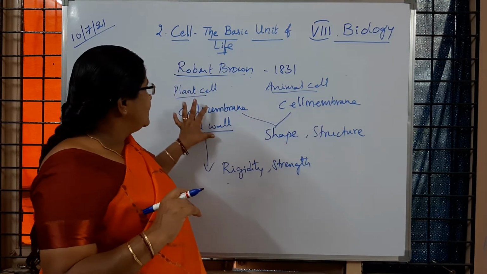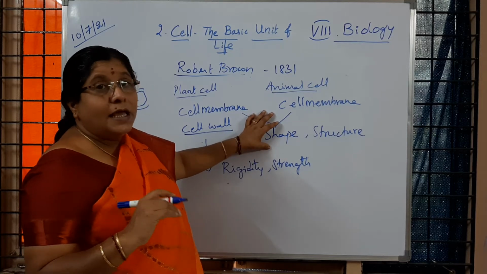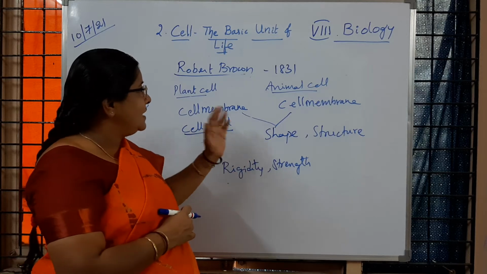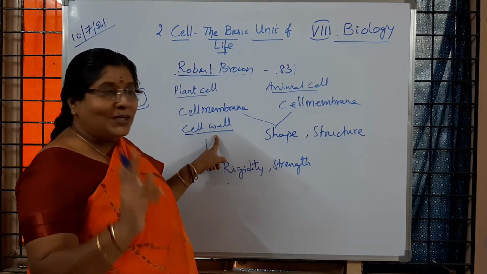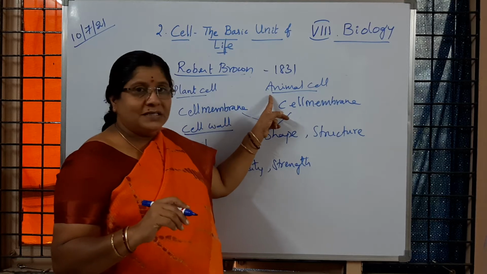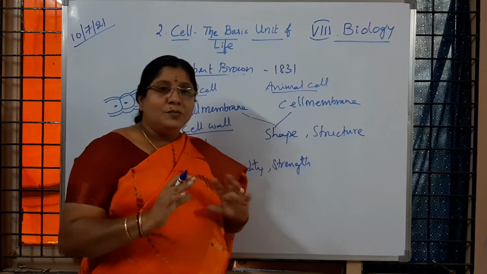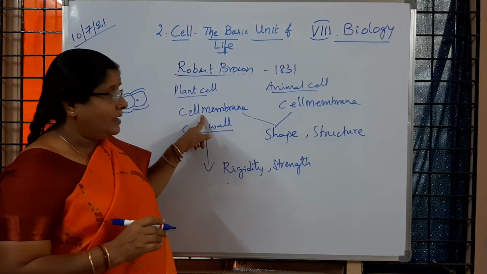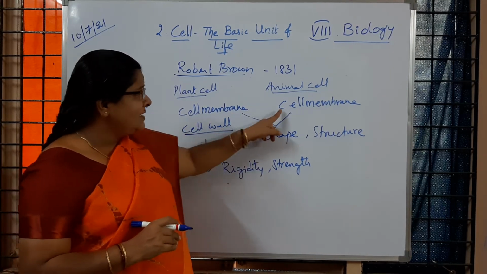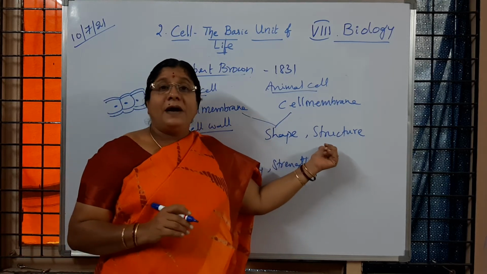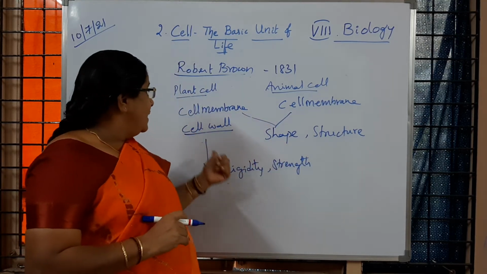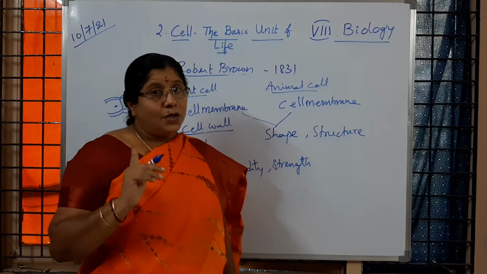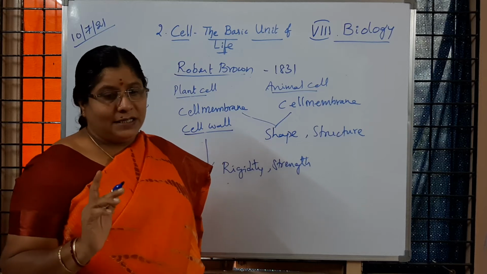So like that, the cell wall and cell membrane are helping the cells. What makes the difference between plant cell and animal cell? The cell wall is present only in the plant cell but absent in the animal cell, whereas the cell membrane is present in both cells. Where is the cell wall present in a plant cell? Above the cell membrane. What is the function of the cell membrane? It gives shape and structure to the cell, whereas the cell wall is giving rigidity, strength, and flexibility to the plant cells only. Is it clear to children?